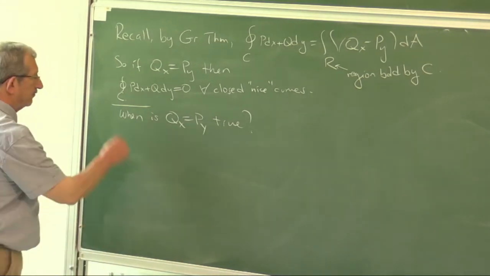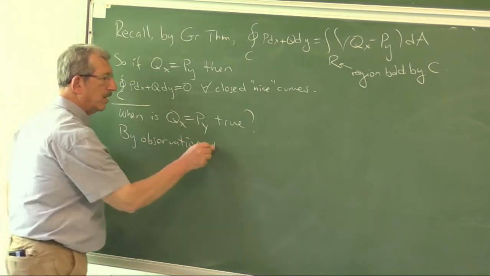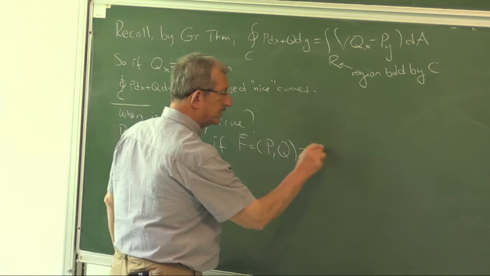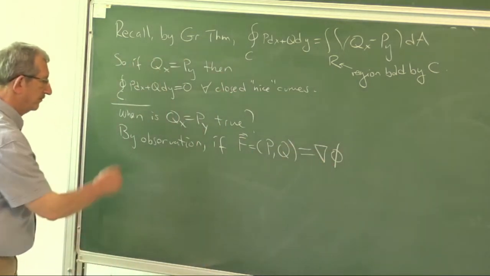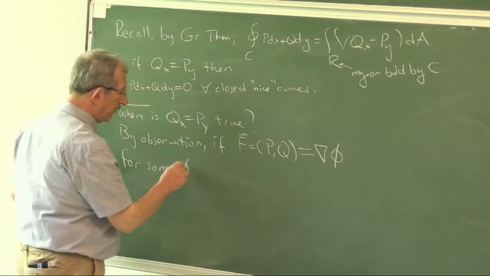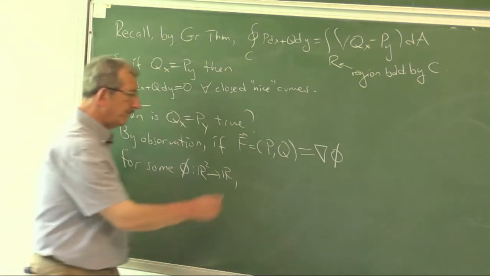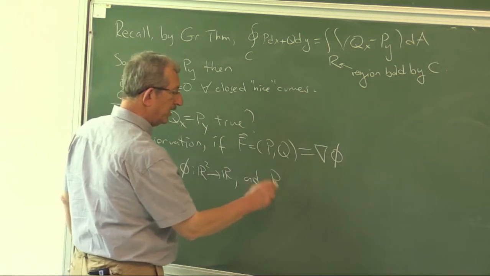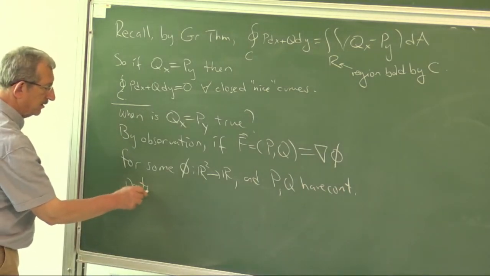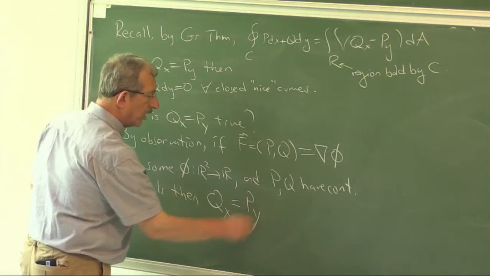By observation directly. If F, that is PQ, is the gradient of some function phi, where phi here is a scalar valued function, and P and Q have continuous partials, then Q sub x is P sub y, because